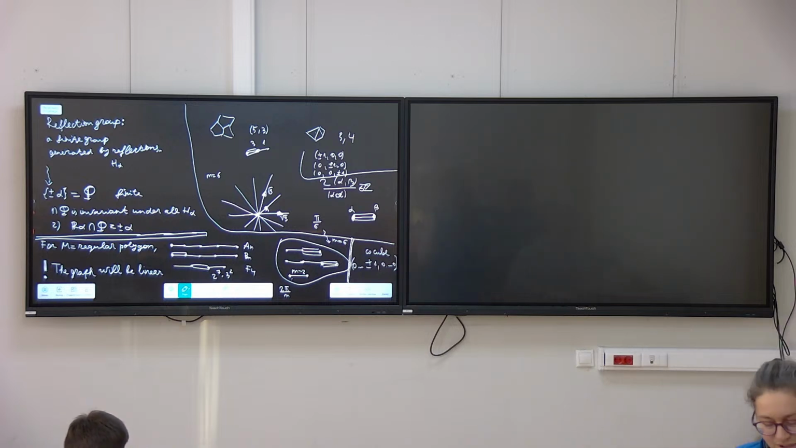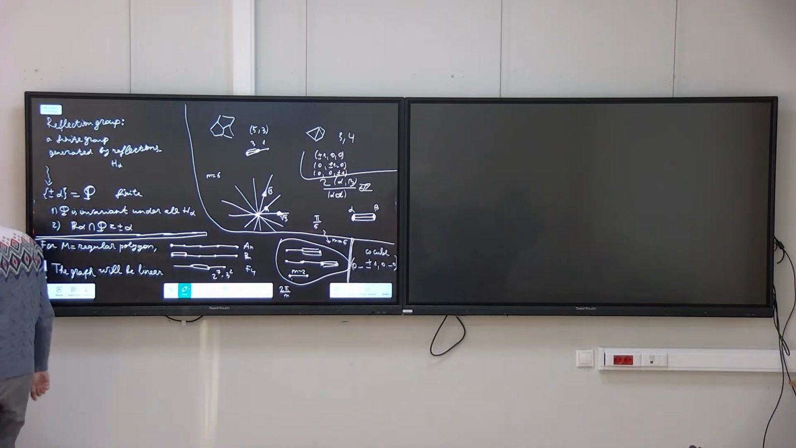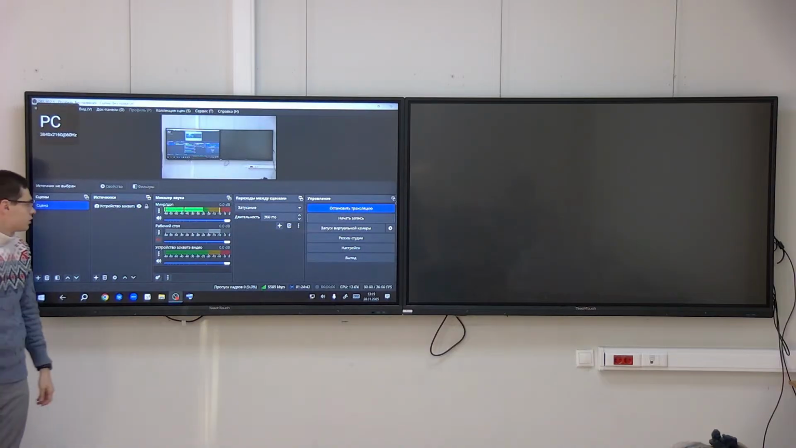I'm sorry, it is still in Russian, but the definition is in fact the same as Wikipedia. And this is just to show that between these two faces, the number of faces of dimension k is 1 and of dimension k is big